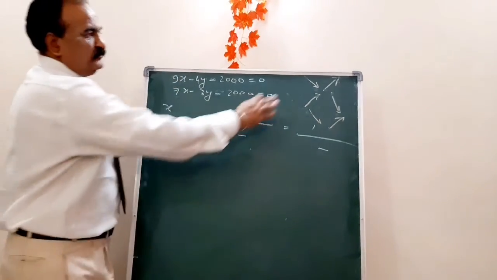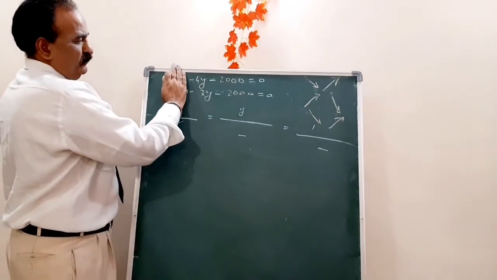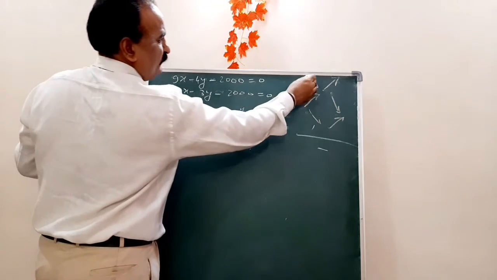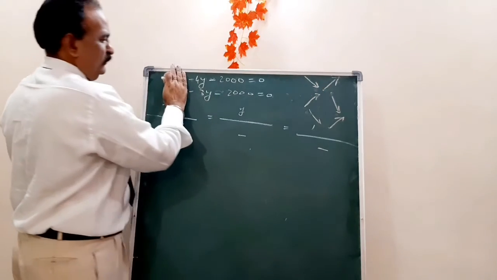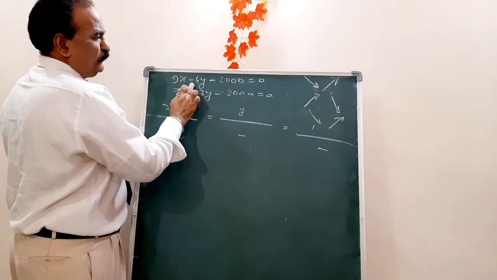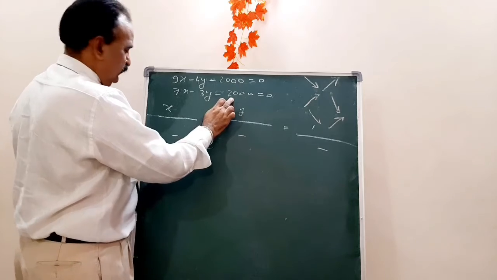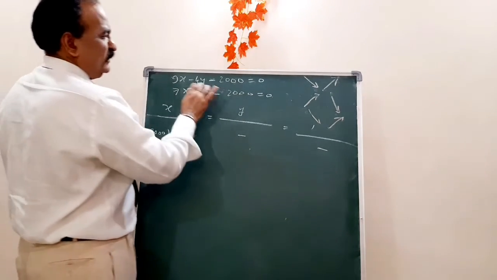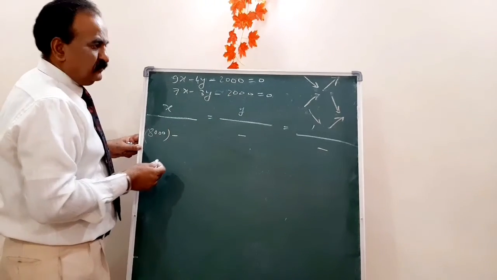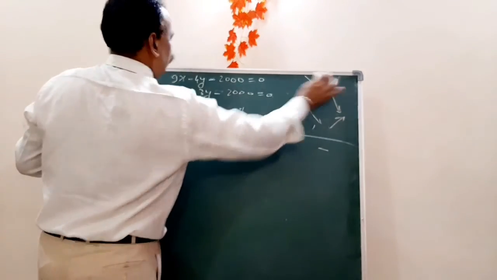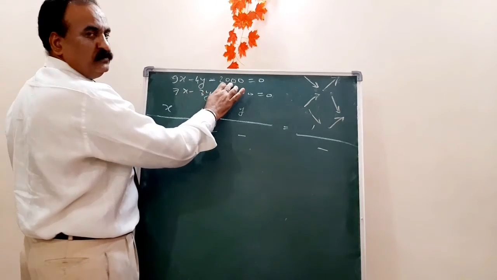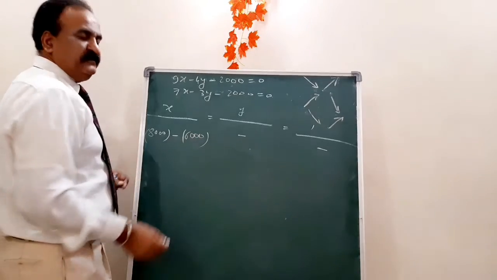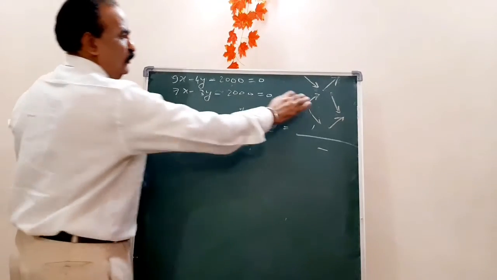Now you have to simplify like this. Put your hand like this. Now you have to multiply this like this. It means minus 4 into minus 2000 becomes 8000. Now minus this into this. It means minus 3 into 2000, it means 6000. This is 6000. Clear? Now y upon.